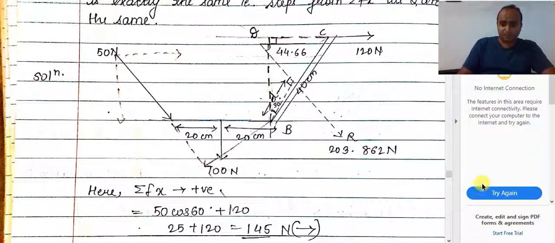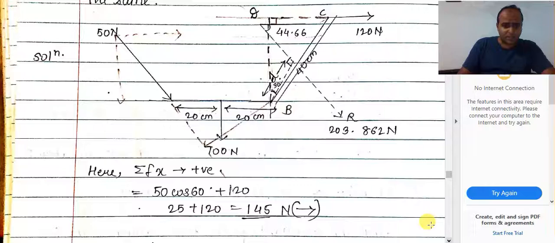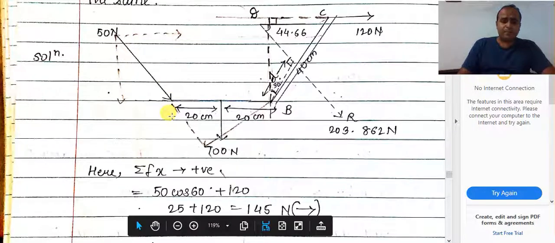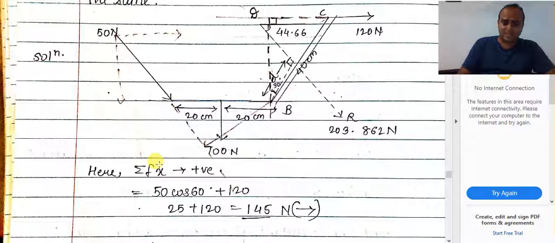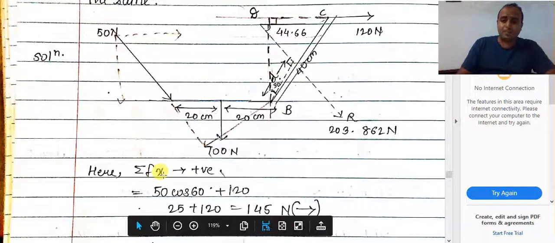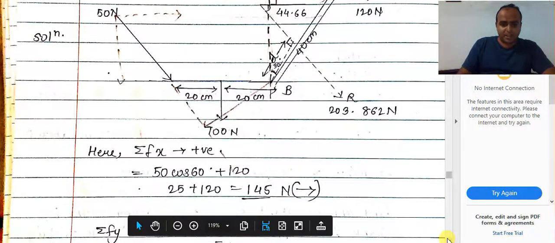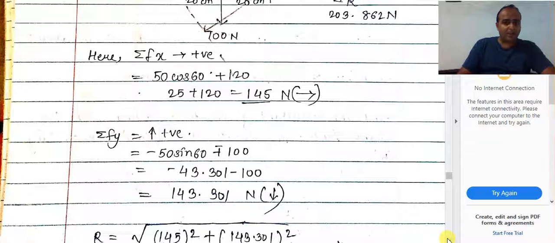Now if I say total of the forces, that is the first step. The process of this, again, we require to find out the distance, we require total 6 steps to be done. Now first step remains the same, that is the free body diagram. Second step is to get the algebraic sum of all the forces in x direction. Now if we take this, so 50 cos 60 plus 120, because both are acting towards right side, that is why taken as plus, the value is 145 Newton.